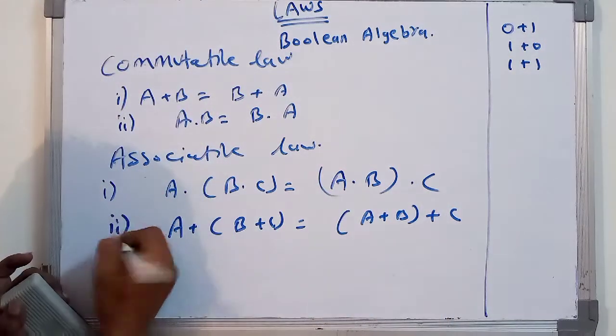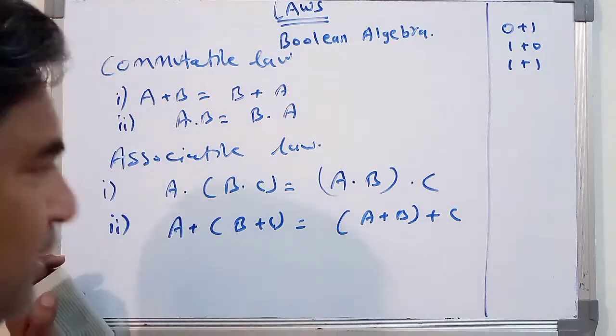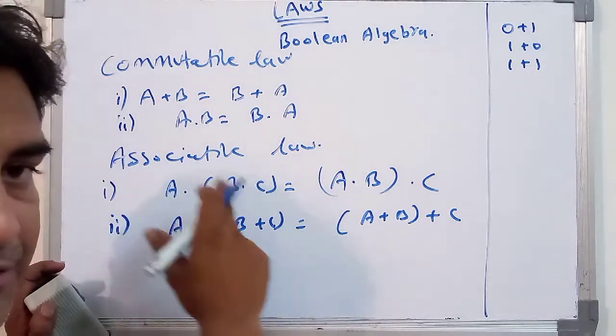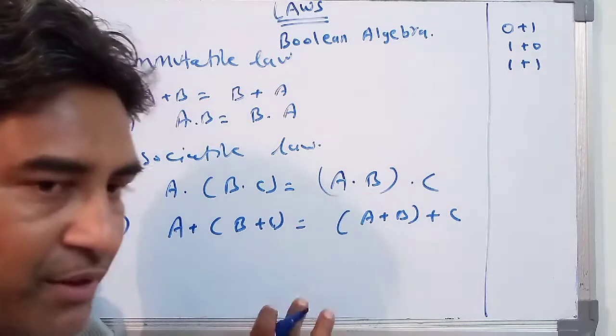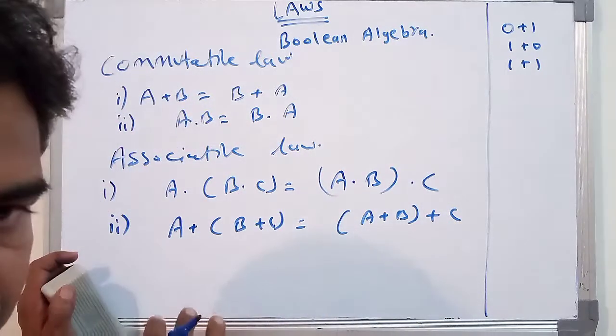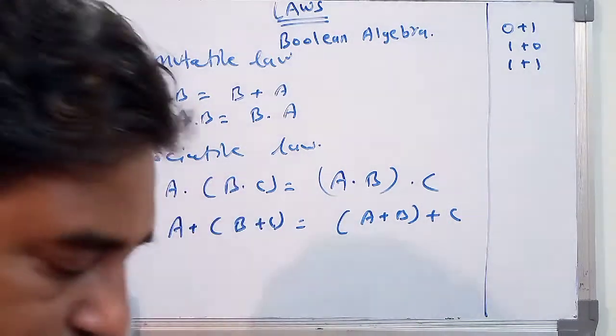So here it is the second part. It will give you the associative law. It is associated with another number or another variable, and that's why you will be obtaining this particular form in this order.